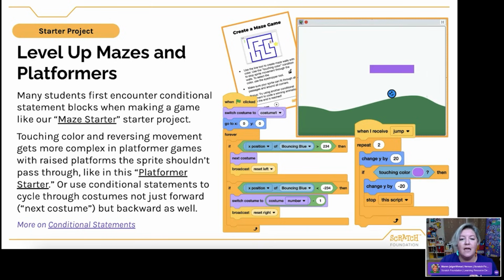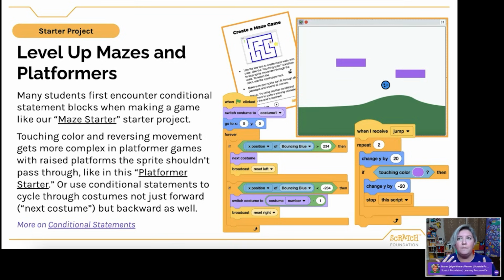But I think that is a really great opportunity to then consider pair programming, talk to your fellow students in the classroom, your fellow learners. Even if you are working solo on Scratch, you could always ask for help in some of the help forums or maybe in the comments below your project.